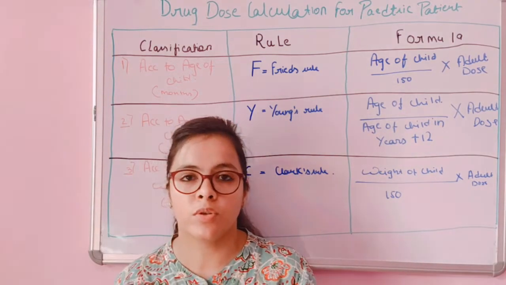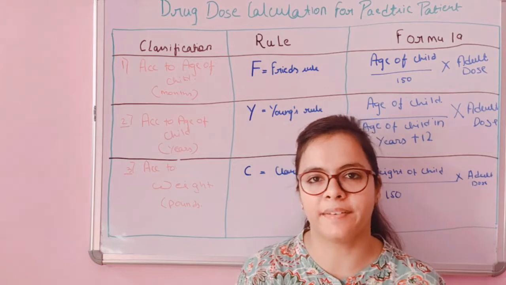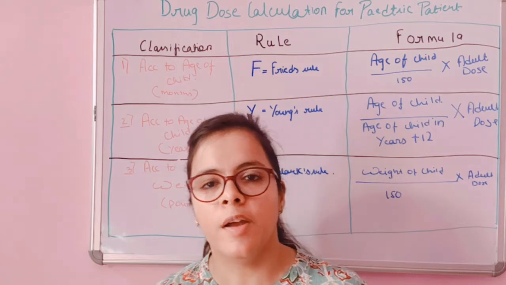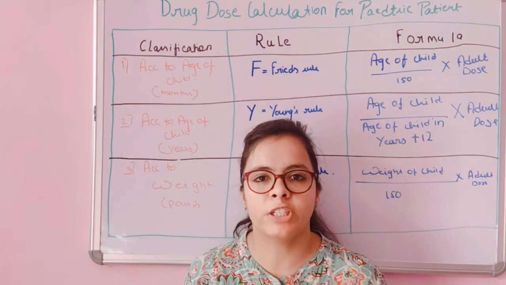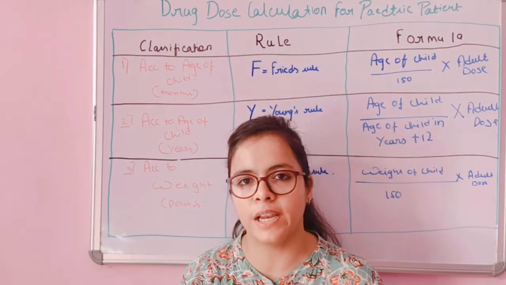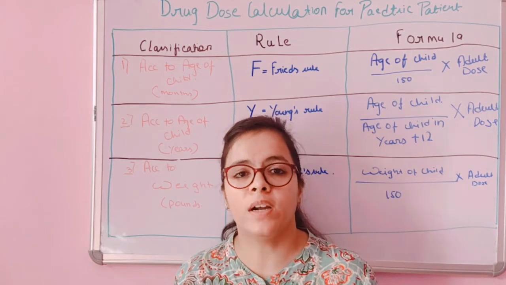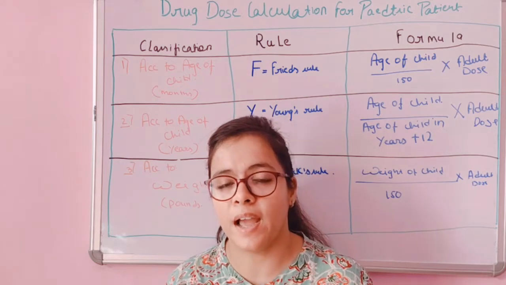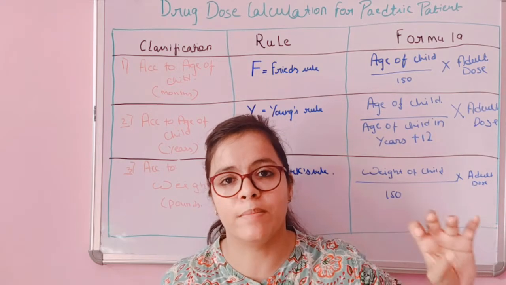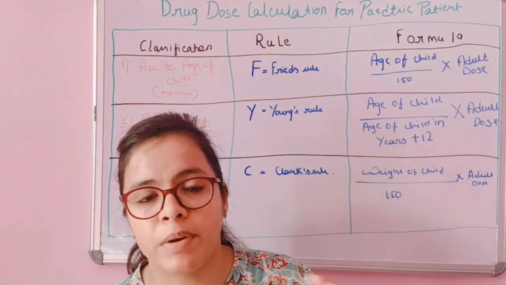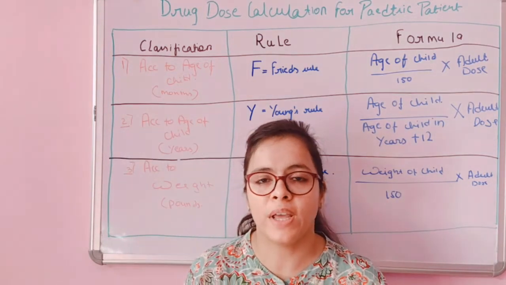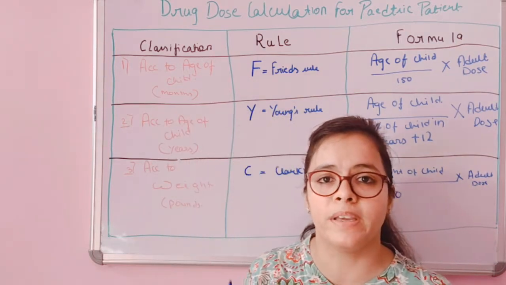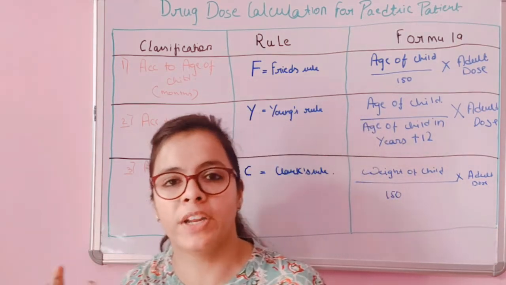So today I have brought you a very interesting video on how to calculate drug dose in a pediatric patient. You might have a patient of 5 to 6 years of age in your clinic and you might be thinking what dose is to be given to this child, like how much Amox dose to give. You might be confused at that time, in the ml form, in syrup, how many spoons of syrup to give the child. So today I will tell you how you will calculate how much ml is to be given to a particular child of a particular age.